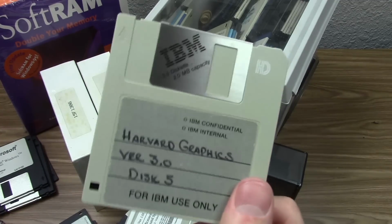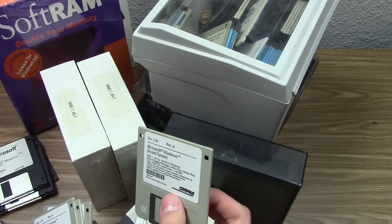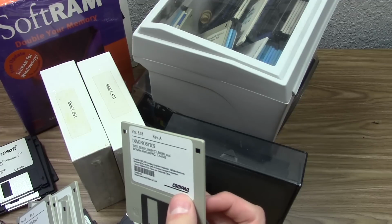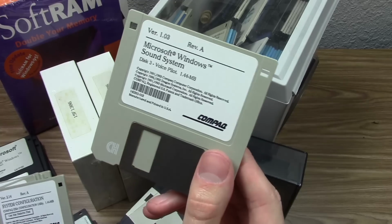So yeah, that's what these are. These are probably the most unique diskettes that I have. I've also got a, this is probably a version of Windows, or these are actually drivers for a Compaq computer. I never actually owned this computer. I think this came from somewhere, obviously, but yeah, so we've got Microsoft Windows Sound System